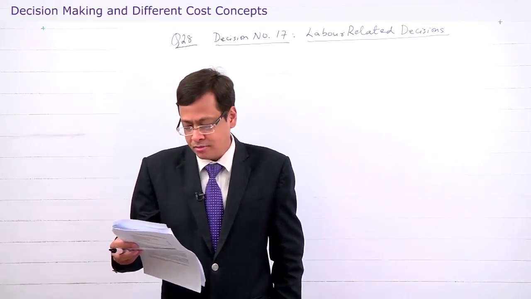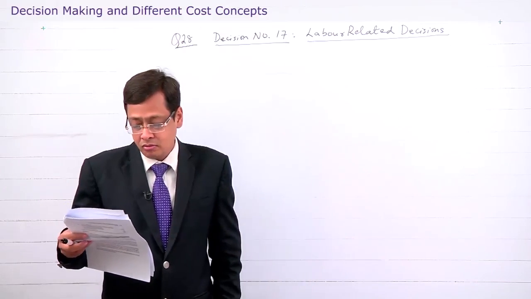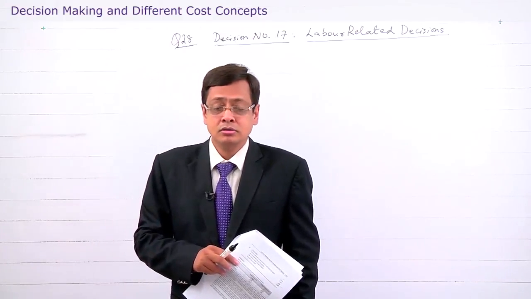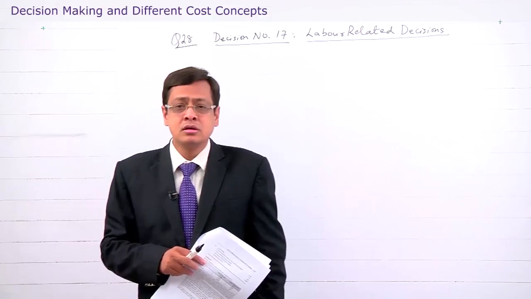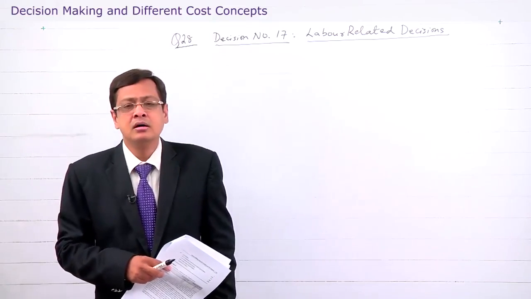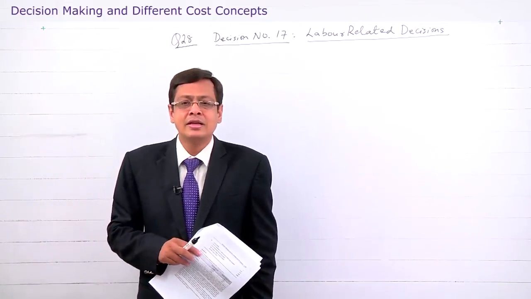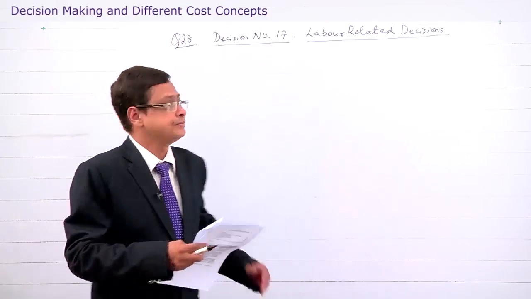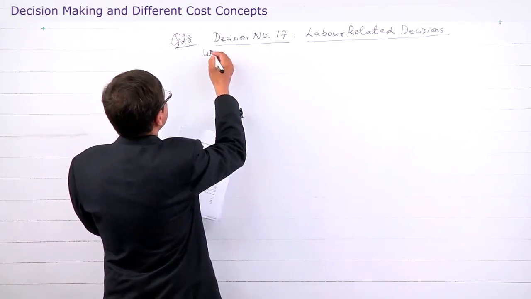Taking all this information into consideration, the managing director of the company wants to know what would be the cost of strike. So this question talks about cost of strike, and it also talks in case of settlement how this is going to affect the business. So friend, let's work for the managing director of the company together to evaluate the cost of strike. So we start with the working note.